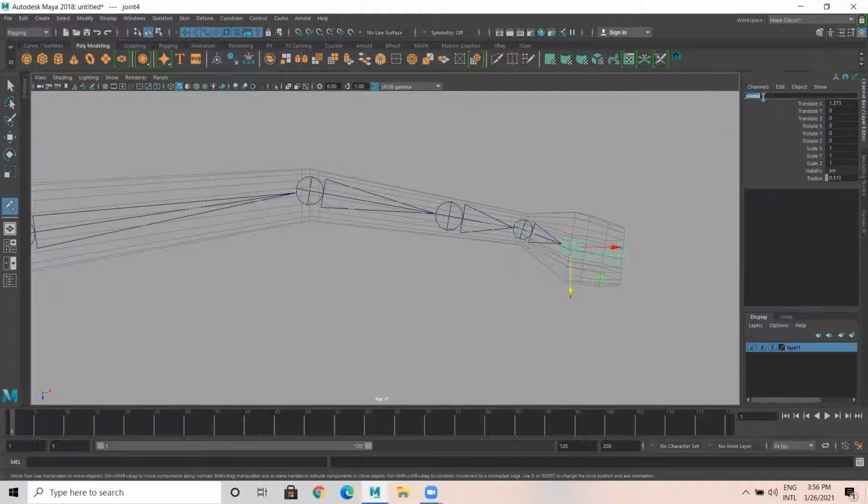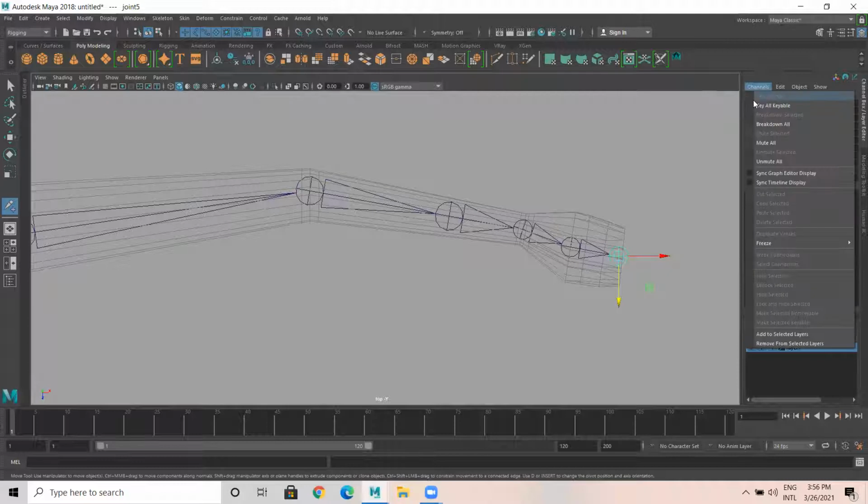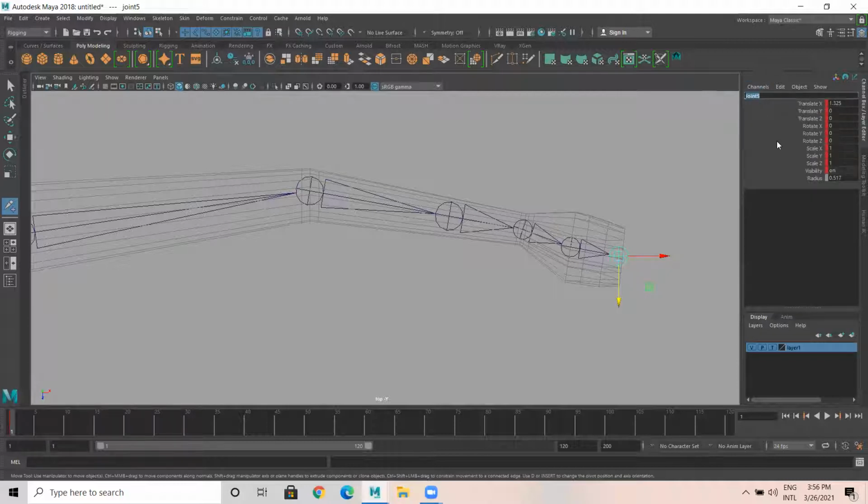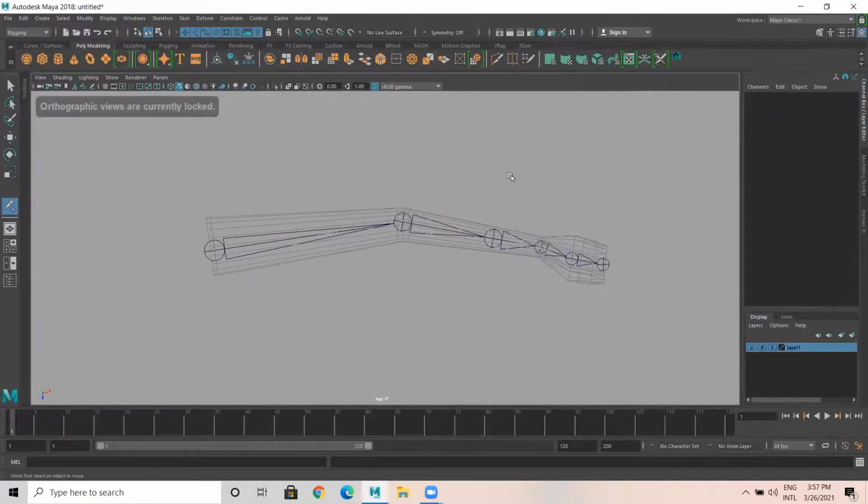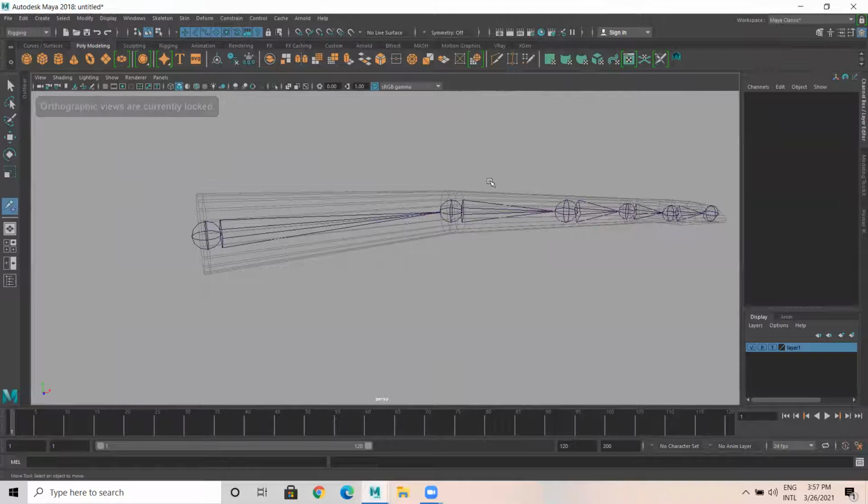This is the palm, and these are fingers. Okay, done. Any doubts? I'll come to perspective now.